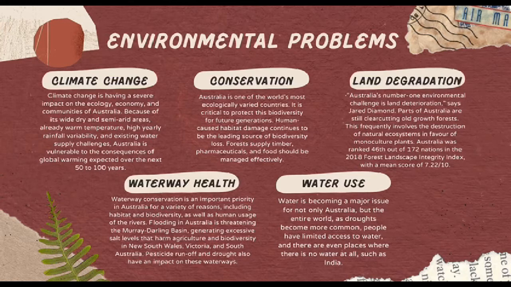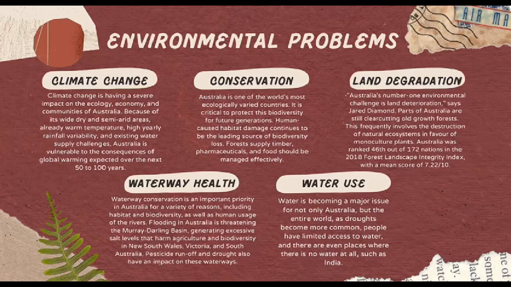Many animals have recently been the focus of conservation organizations, such as the endangered Tasmanian devil, northern tiger quail, and many more. The protection of the Great Barrier Reef, whaling, shark culling, oil spills, and ocean dumping are all major challenges with marine conservation in Australia. The third environmental problem in Australia is land degradation.